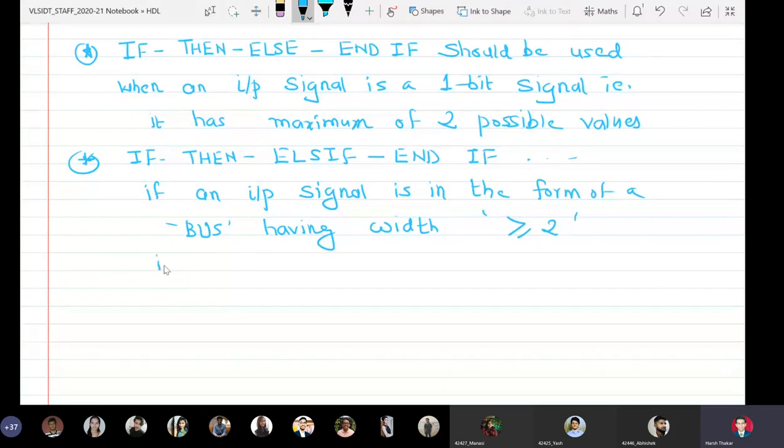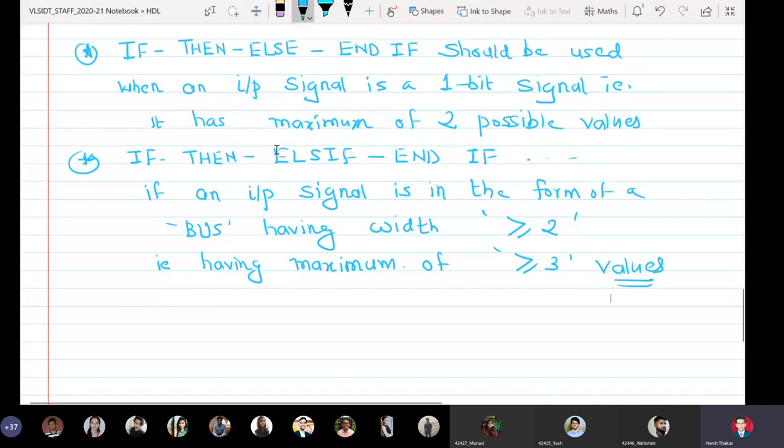Okay, that is, having a maximum of greater than or equal to 3 values.